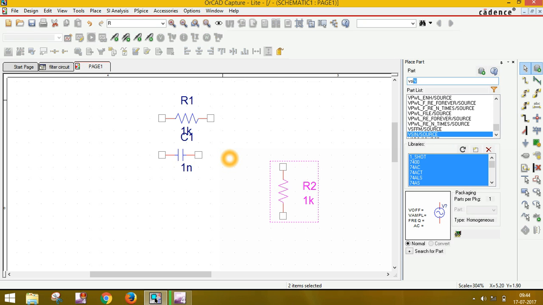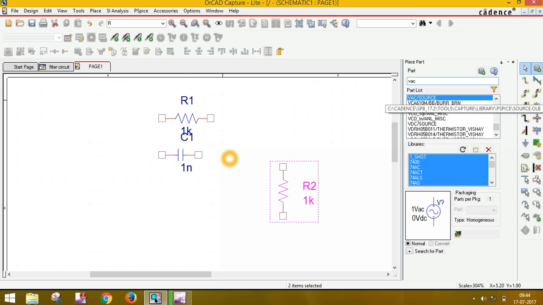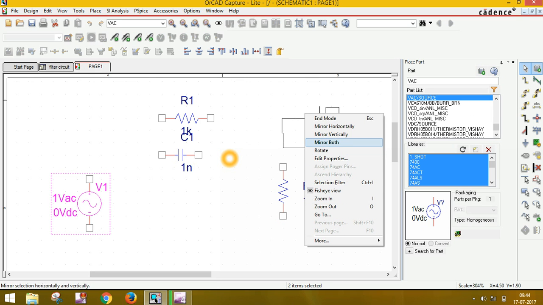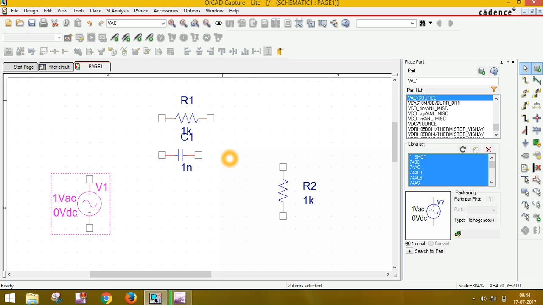You have to put a frequency, but our frequency is changing. We need a frequency response, so we can't use that. So you use VAC. Double click on that, place here. Press ESC to exit the mode. Now connect all this with wire.